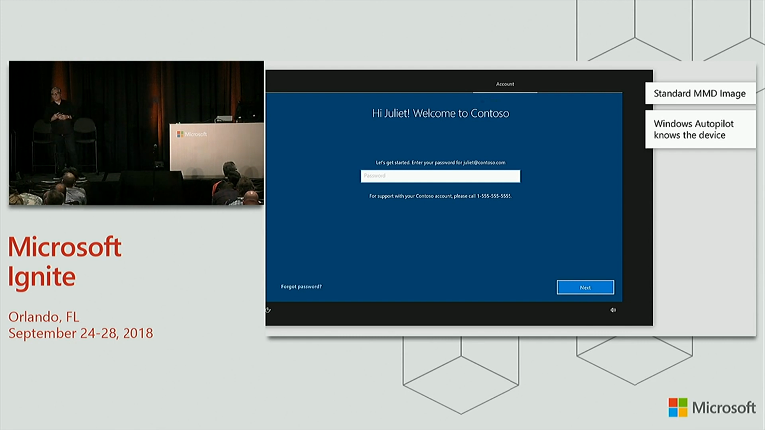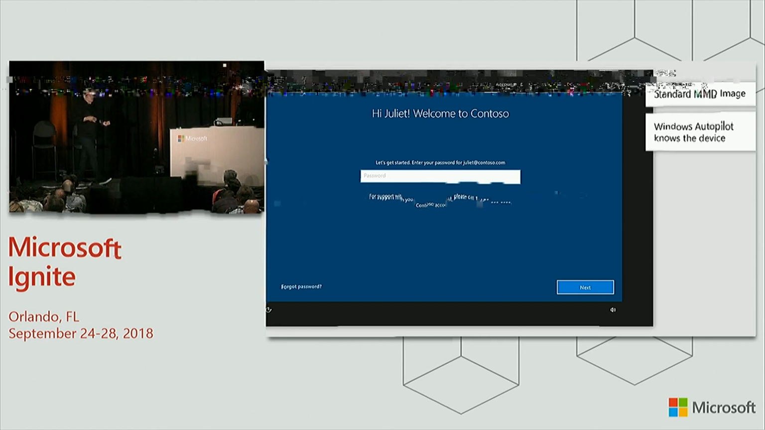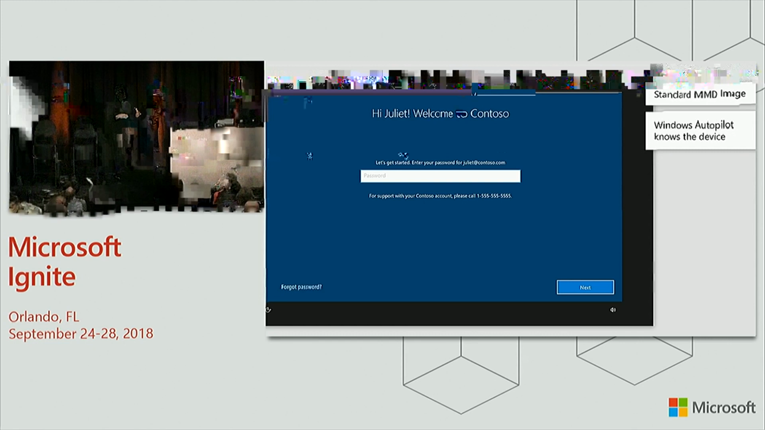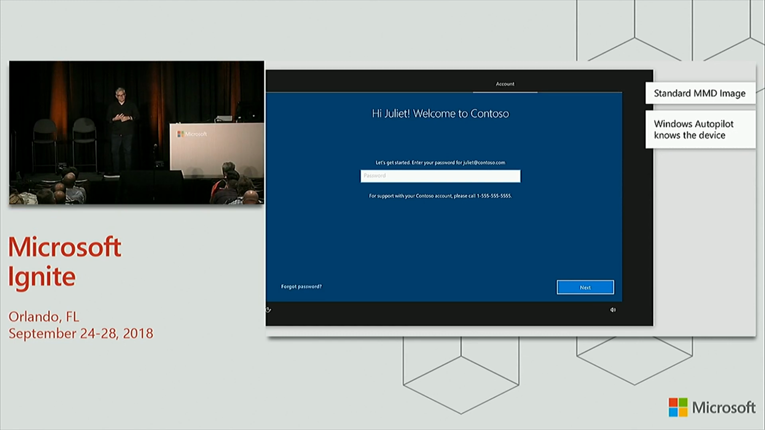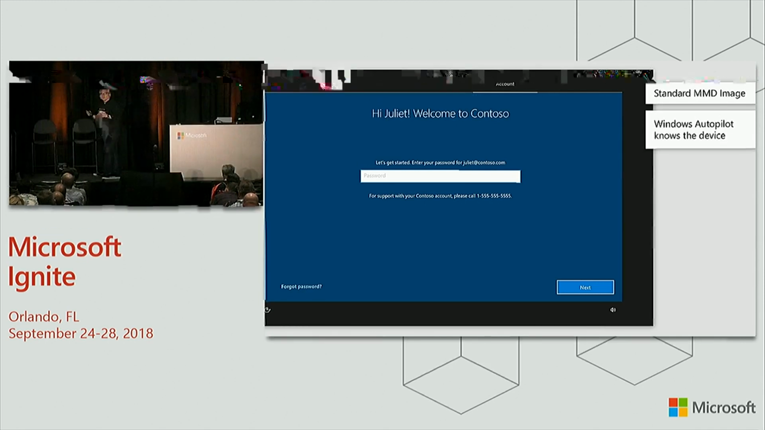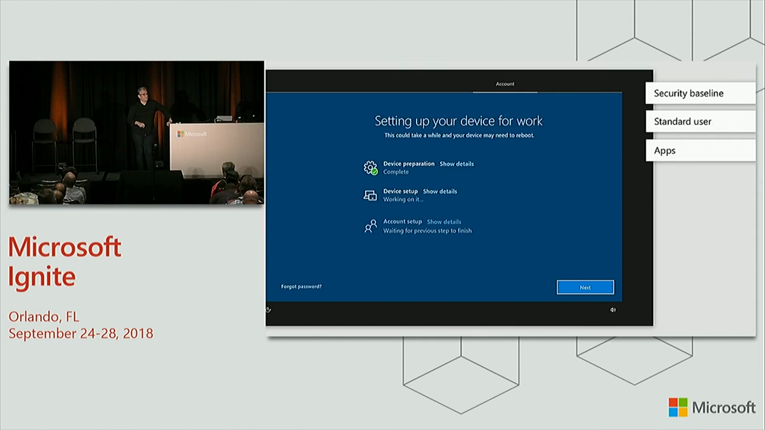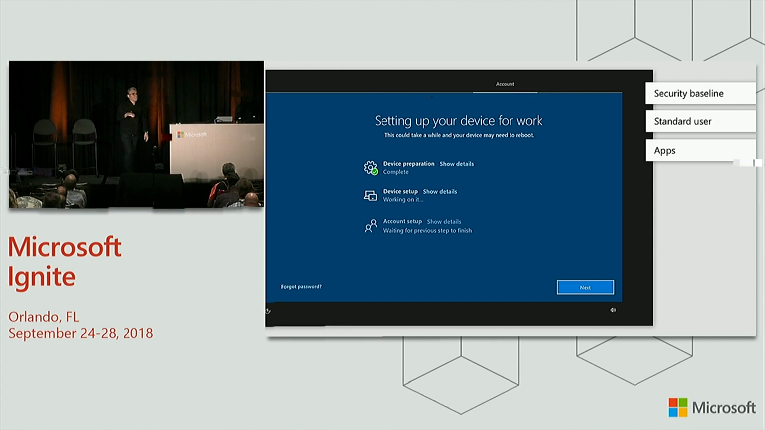Now, MMD devices come with a standardized MMD image. For example, you're already pre-provisioned with Office bits on there, and it's a very fast, lean, mean image. But Autopilot knows what the device is. We've provisioned it beforehand. So the end user types in their password, and the next thing that happens is this experience. Our friends in the Autopilot team and the out-of-box experience team